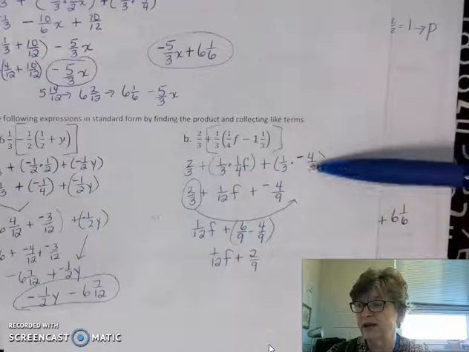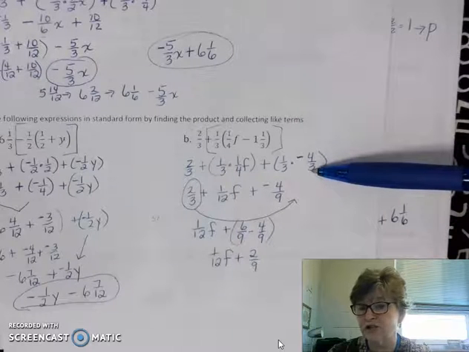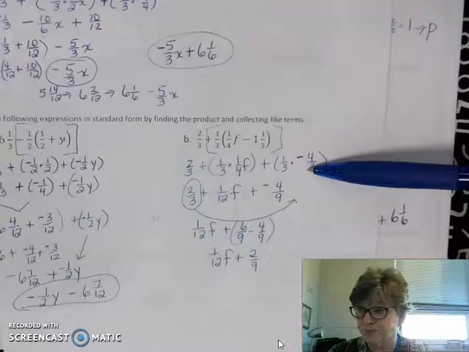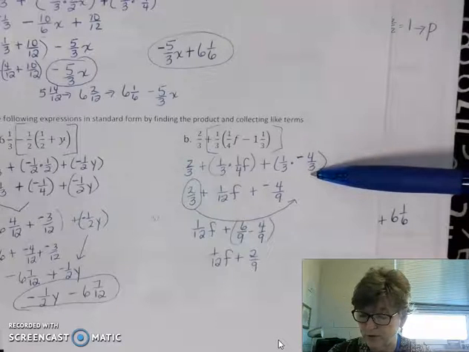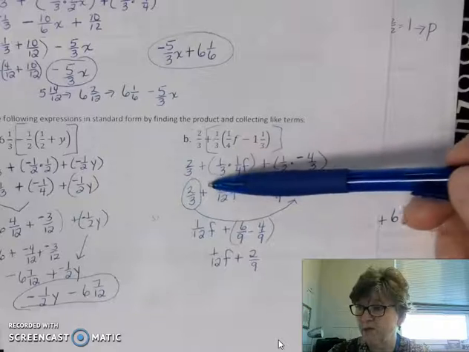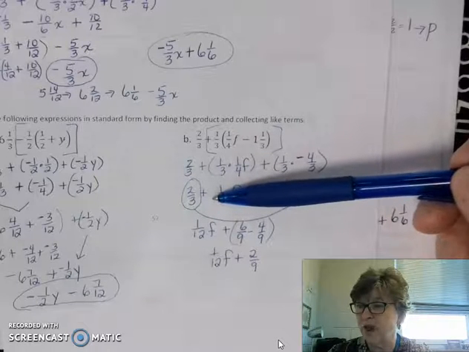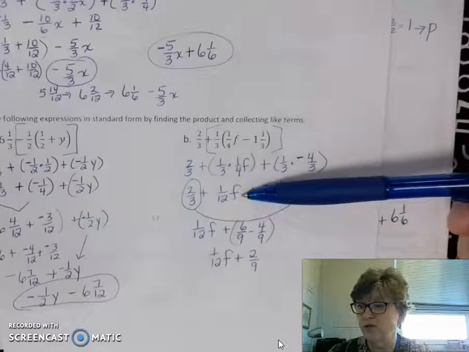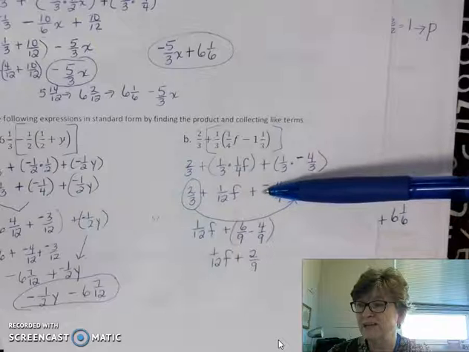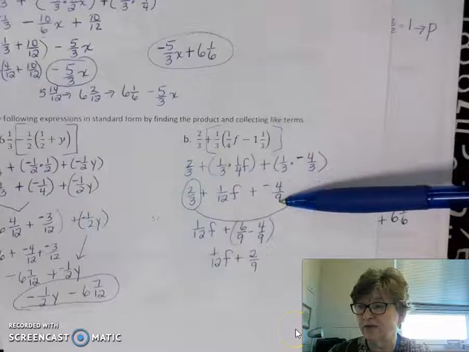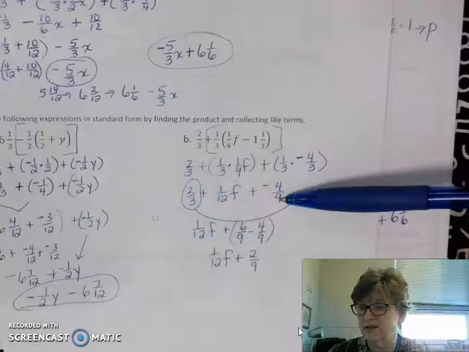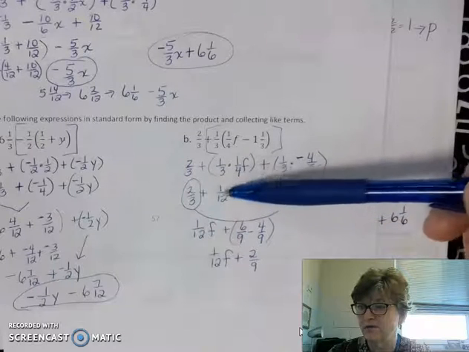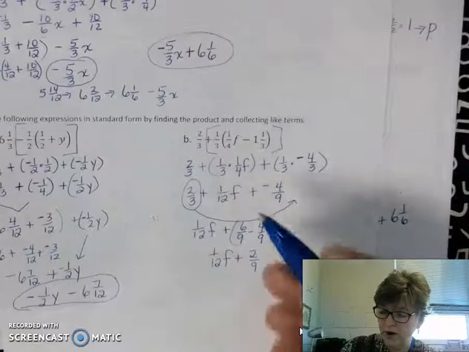And notice that I went ahead and changed this to an improper fraction, which you're going to want to do if you're dealing with multiplication. A negative 4/3. So as we come down, we have 2/3 plus 1/12 f plus a negative 4/9. And we want to combine these two constants. So if you notice, the 1/12 f